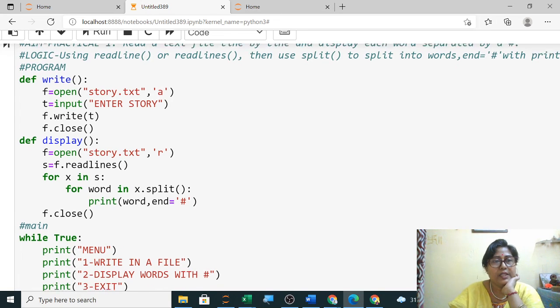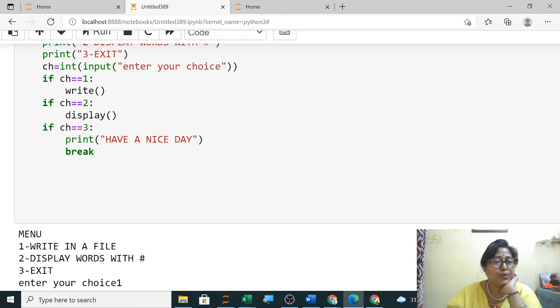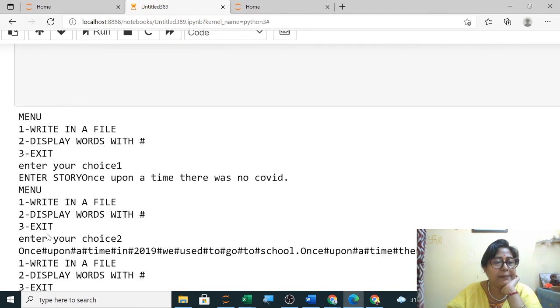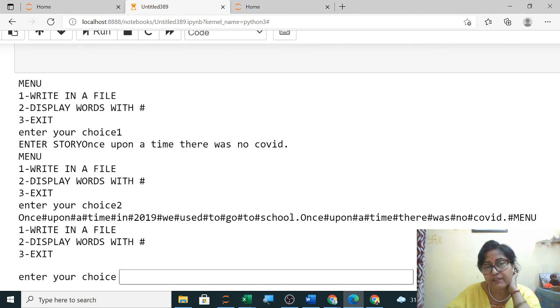So the logic you have written, the program you have written, and the output you will write here, and this complete output you have to write on the white page in your practical copy. So from today you will start writing this, and after 15 days the portion which we have done, that is functions, text file, then binary file, and CSV also we will complete. All this you will share in Google Classroom. So this is your first practical over.